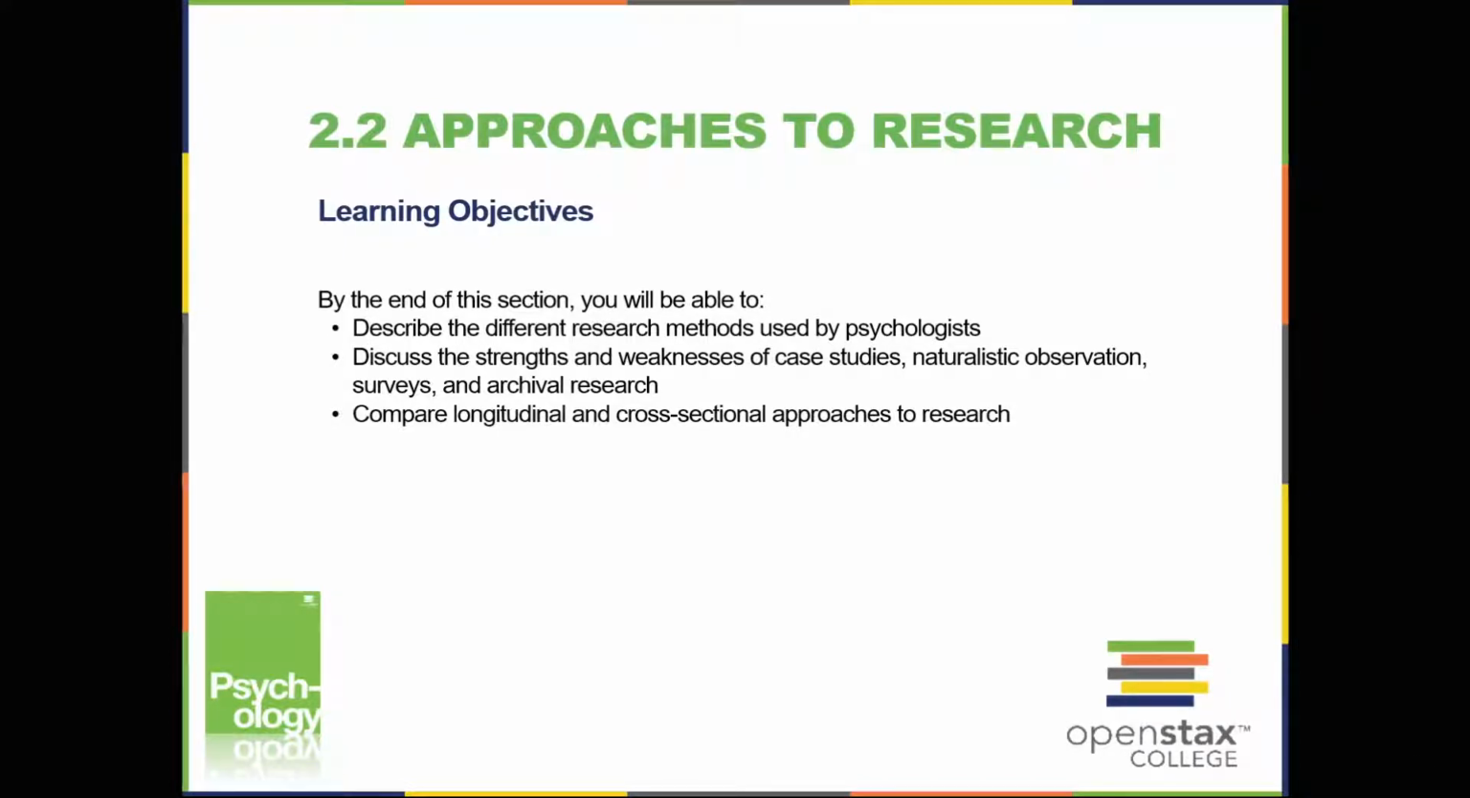Section 2.2 Approaches to Research. Learning Objectives. By the end of this section, you will be able to describe the different research methods used by psychologists, discuss the strengths and weaknesses of case studies, naturalistic observation, surveys, and archival research, and compare longitudinal and cross-sectional approaches to research. There are many research methods available to psychologists in their efforts to understand, describe, and explain behavior